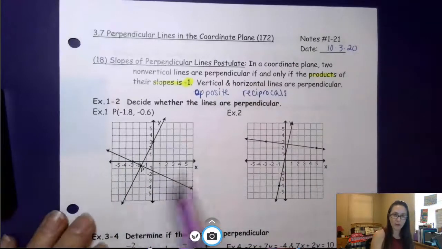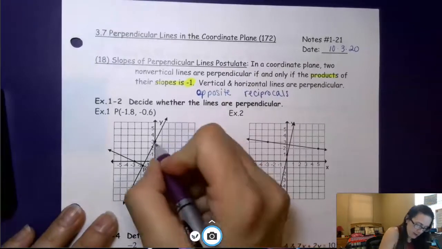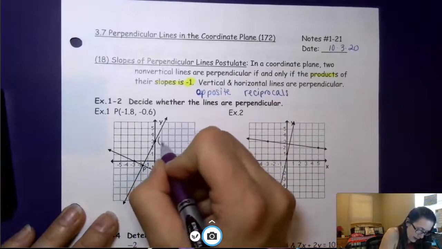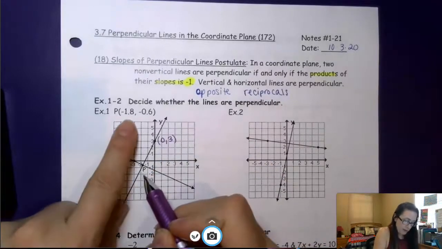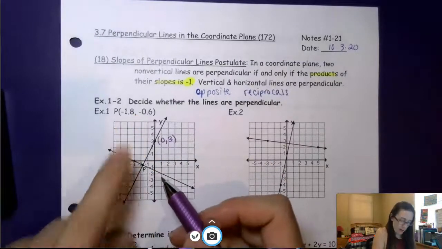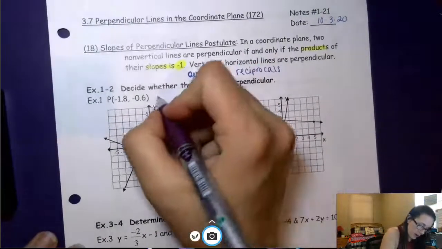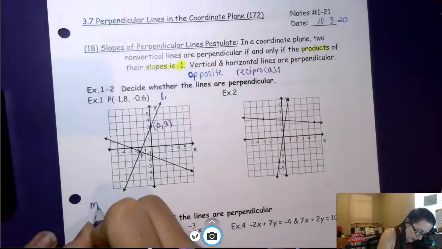We want to know if these two lines are perpendicular. They look like they're probably perpendicular, but you don't know for sure, so you have to calculate it and make sure. This point right here is (0, 3). And this point, they told me, was right here. I need to find the slope of that line first. So I'm going to call this line 1. If I want to calculate the slope of that first line,